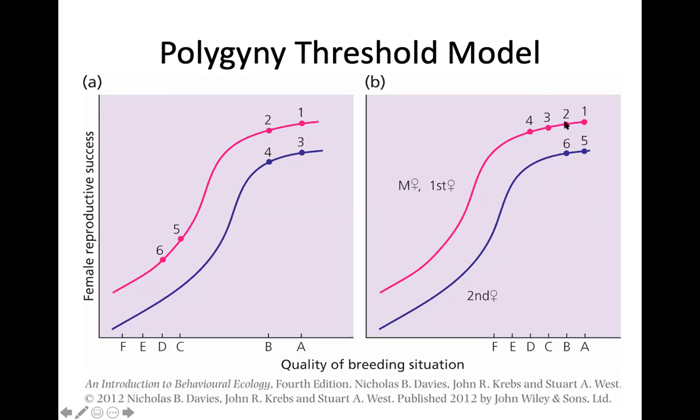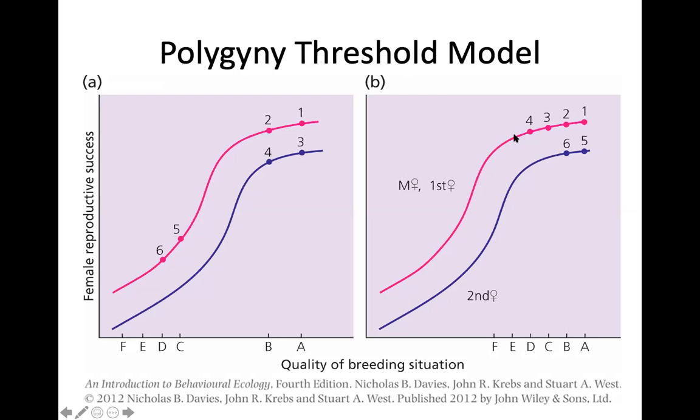Third female that comes in, territory A and B are occupied. So you can be the first female in territory C, or you can be the second female in territory A. Once again, because there's this cost of polygyny, you choose monogamy in territory C. Fourth individual comes along, I can be the first female in territory D, or the second female in territory A. Now the gain in fitness begins to fall off somewhat,